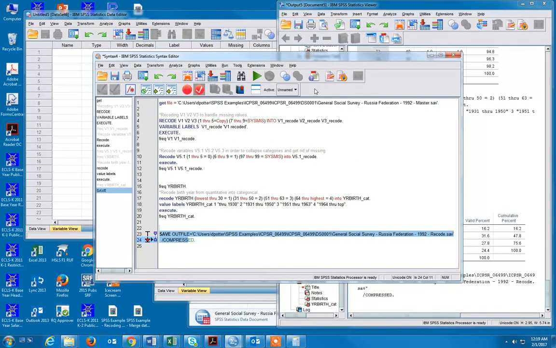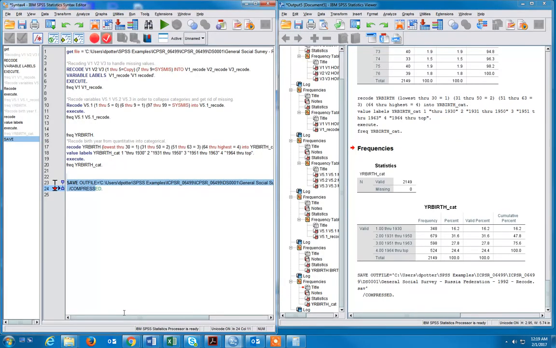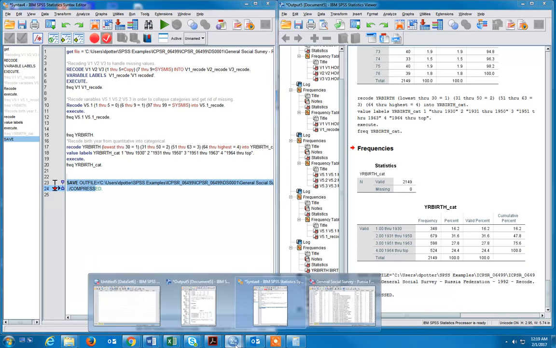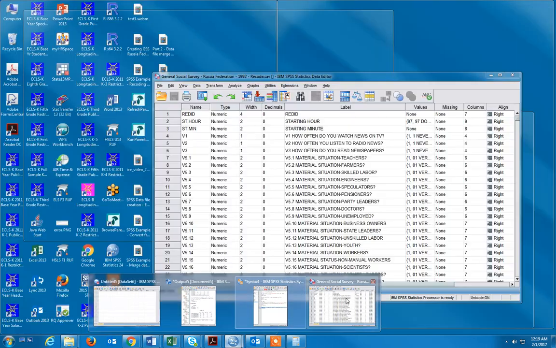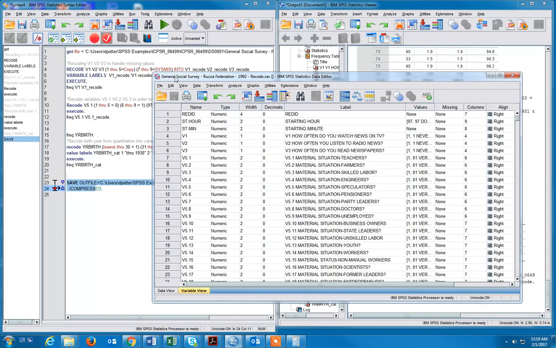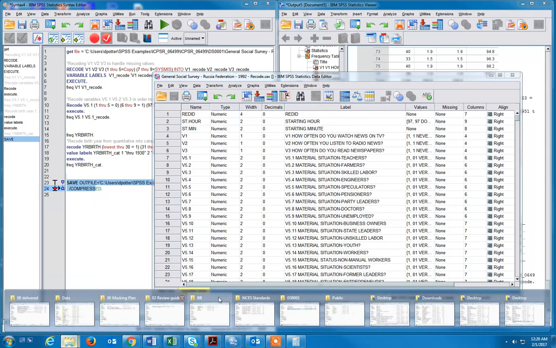I do not see any errors on my syntax file, which is a great thing. I'm going to go down here and click on my taskbar SPSS, pull up this, and I see that I now have my General Social Survey Russia Federation 1992 recode file. That's always exciting. And then just to confirm that it is there and that I still have my master file,